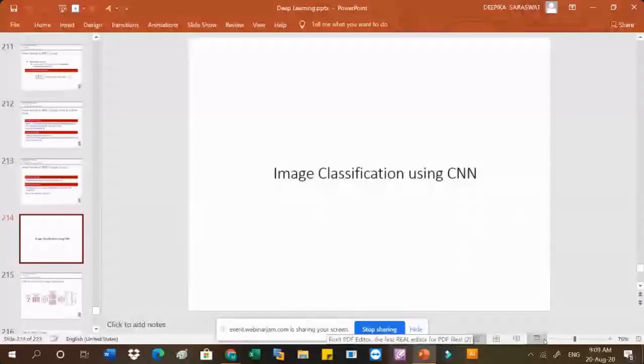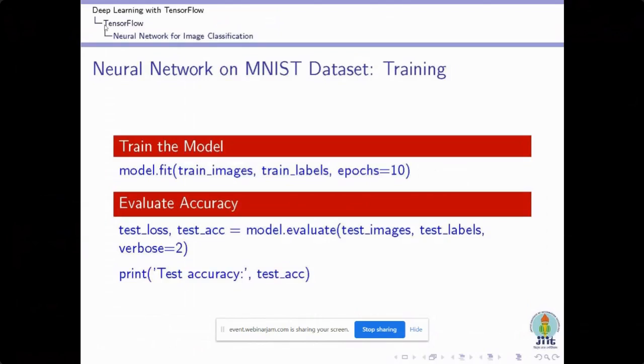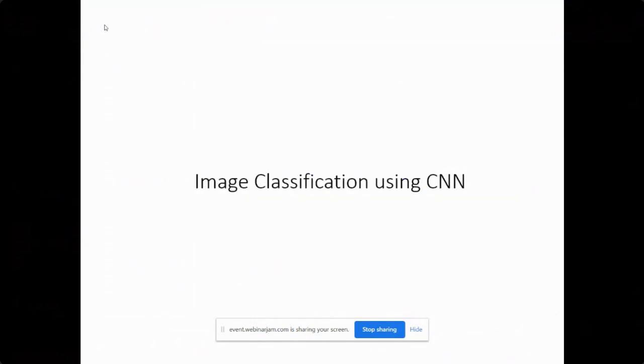So very good morning, everyone. In the last session, we implemented a simple dense neural network for the MNIST data set. Today we are going to design the image classification problem using CNN, convolution neural network, and using TensorFlow. It's also very easy, just like previous sessions. It's not tough to design any deep neural network architecture. We only have to add the number of layers which you want, and you can perform the operations.